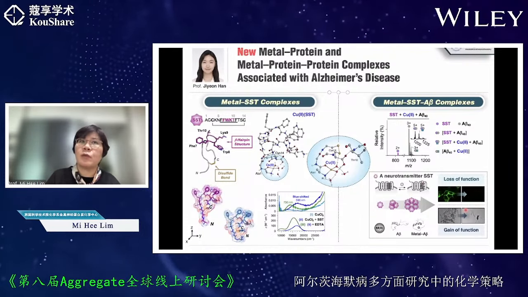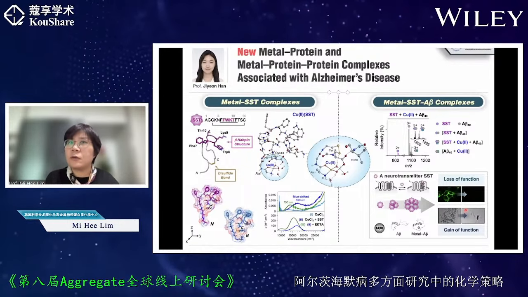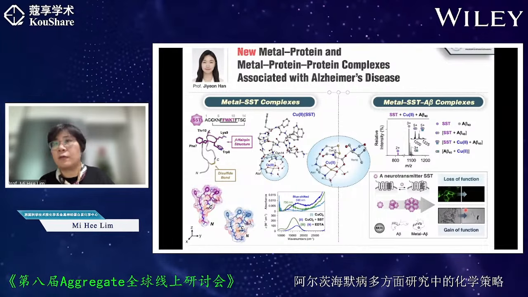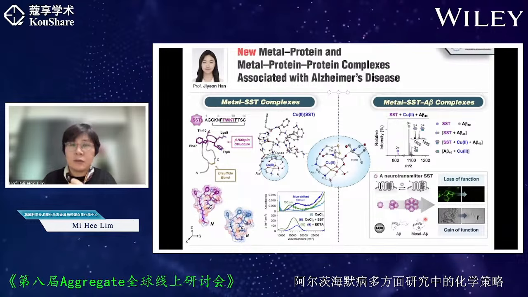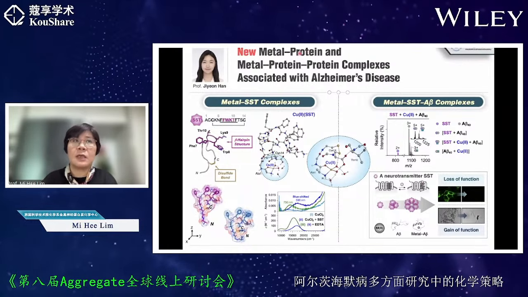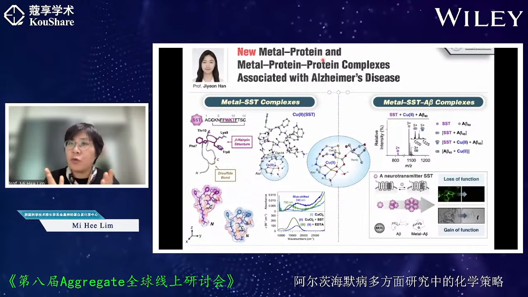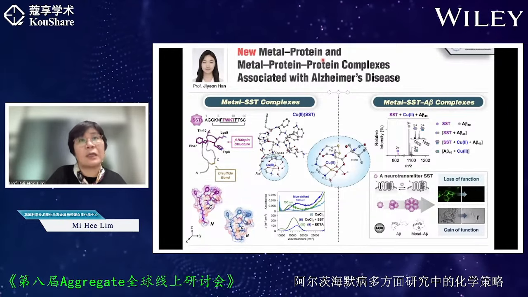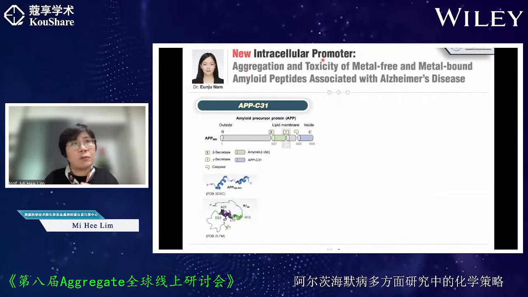So we found that under pathological conditions, this neuropeptide can lose its normal function, but it actually gains a new function. So our study suggests that metal-SST and the metal-SST and A-beta complexes can be a new biomarker or therapeutic target in Alzheimer's disease. In addition to SST, we have very recently found